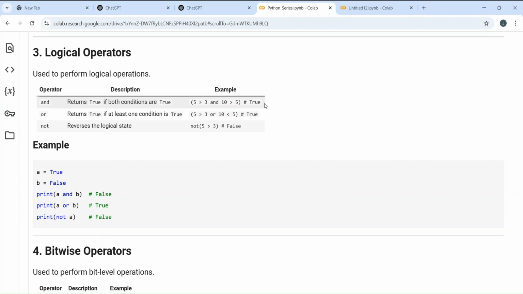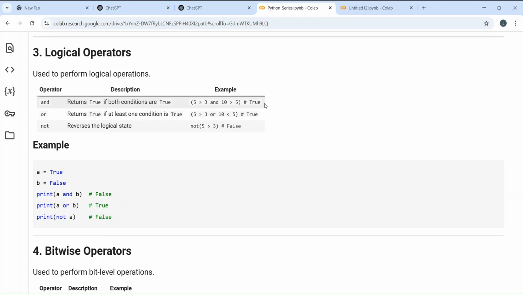Generally, operations are performed on two operands, right? You need two numbers, or basically two values, to perform operations. But this NOT operation is performed only on one operand or one value. So if they ask you which operation is performed on only one operand, you will say NOT gate, sorry, NOT.